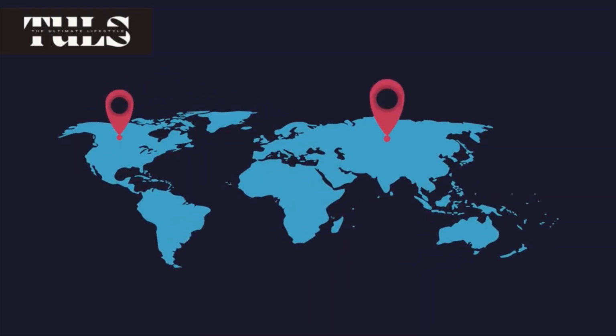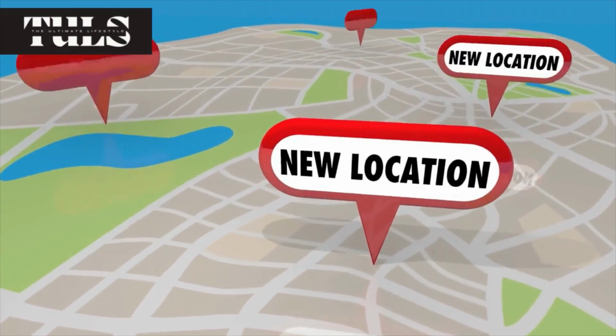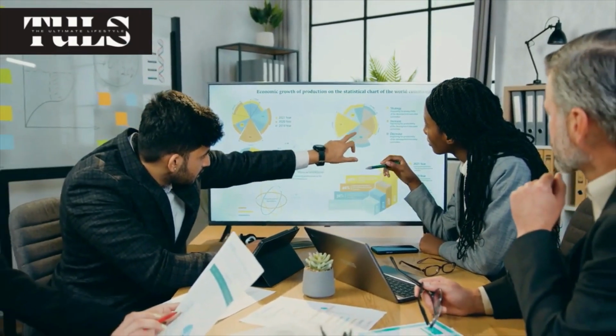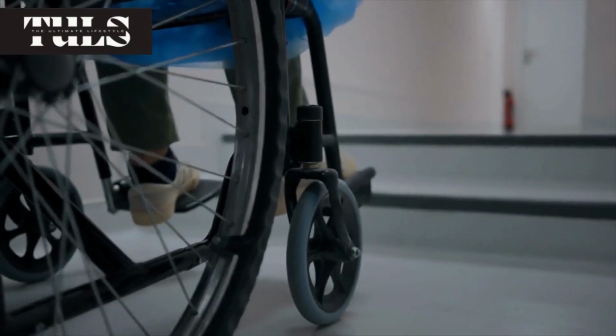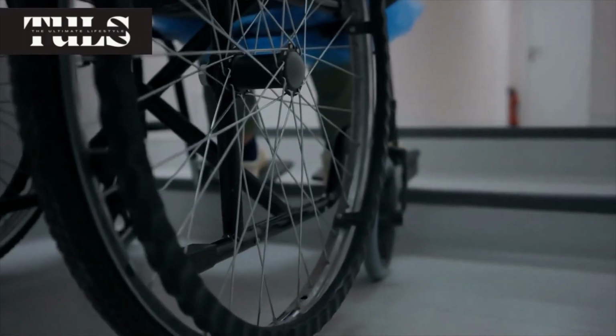Location, location, location. Choosing the right location for your boutique is crucial. Look for areas with high foot traffic, a target audience that aligns with your niche, and a competitive landscape that can support your business. Consider factors such as rent costs, proximity to complementary businesses, like salons or cafes, parking availability,